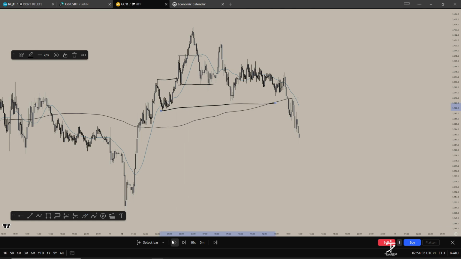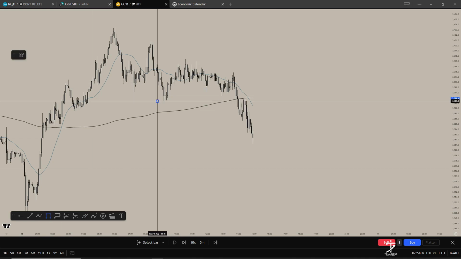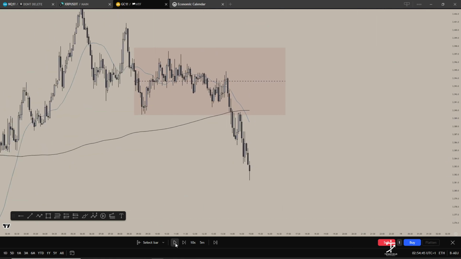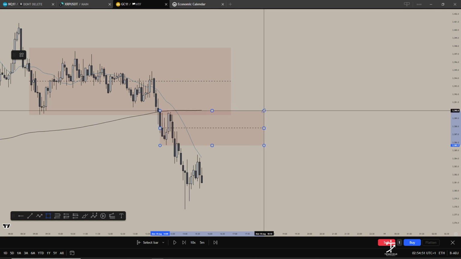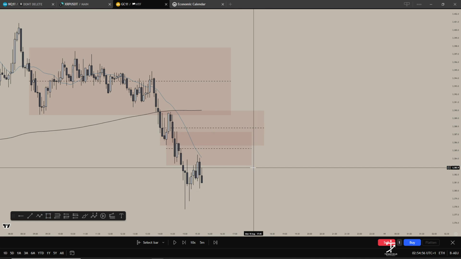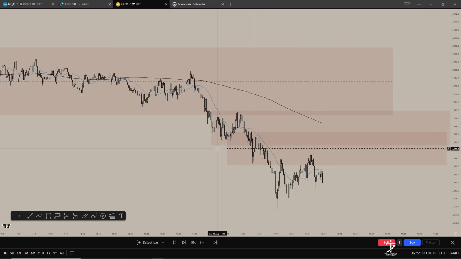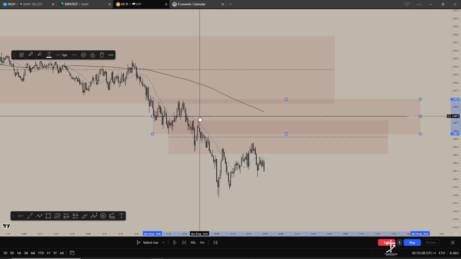So let me just clear my charts again. So this is my most recent zone here, and if you just let price play out, so we don't quite tap, but we do have this area here, and we also have this area here. So there's areas in which price might tap into and continue to make higher highs, lower lows and lower highs. So in this case here, if I just remove this one here,